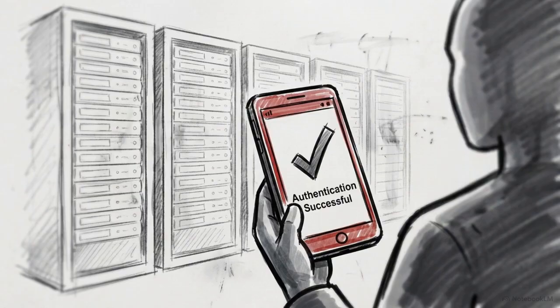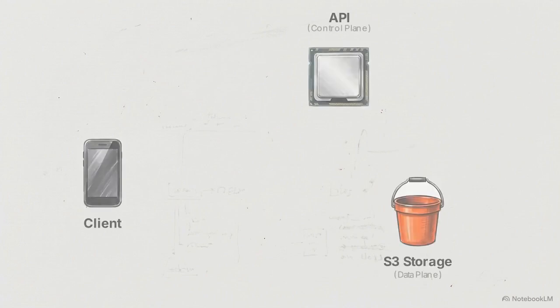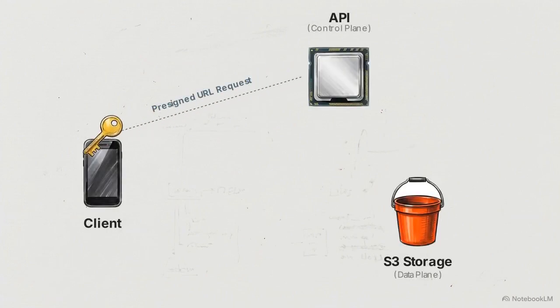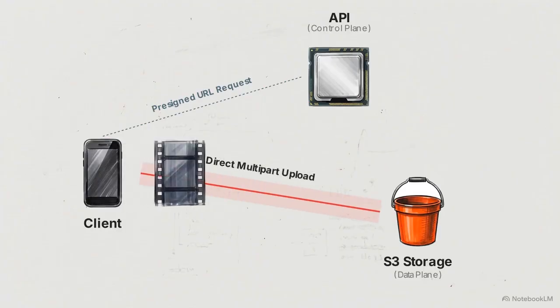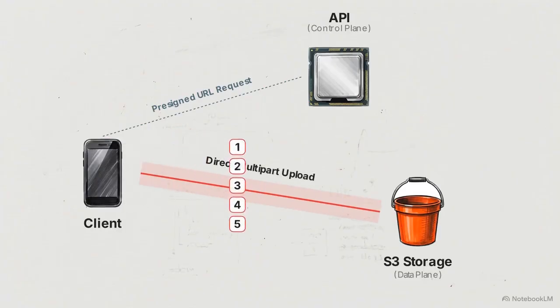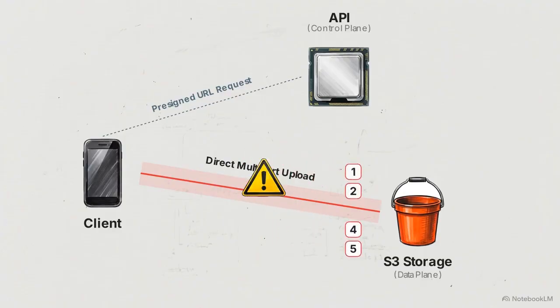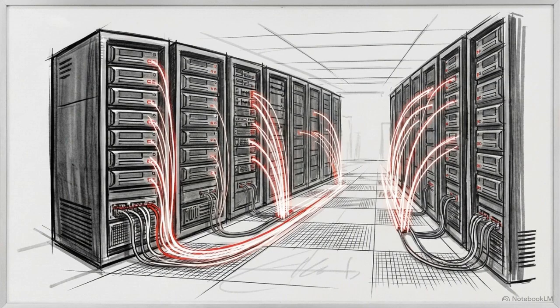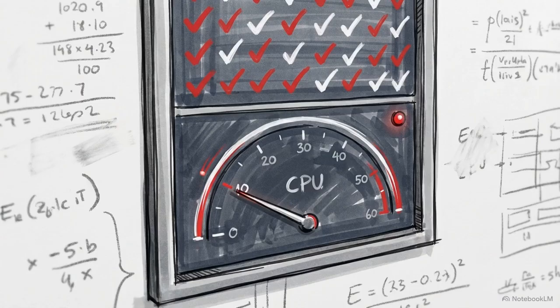With the gateway secured, a user can initiate an upload, but the actual video payload must never traverse this gateway. We use a pre-signed URL sequence. The client requests permission, receiving a cryptographic URL to push the video directly into S3 storage, bypassing the API. For reliability, the client breaks the large video into parallel chunked multi-part uploads, ensuring resumability if interrupted. By offloading the raw byte transfer to edge storage and utilizing chunking, the application servers avoid worker thread exhaustion and